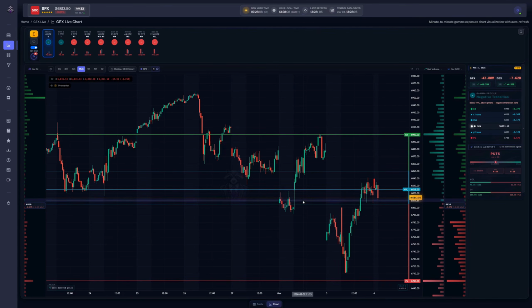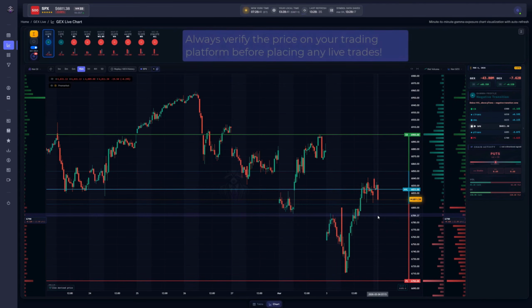Now let's talk about the nature of the price data itself. The spot price displayed on this chart is derived real-time data. This means that it is calculated and aggregated from market feeds and reflects the current market movement very closely, but it may be slightly different from the official consolidated price coming directly from exchanges such as Nasdaq or New York Stock Exchange. It's important to understand that this chart is designed for analysis and positioning interpretation, not for executing trades